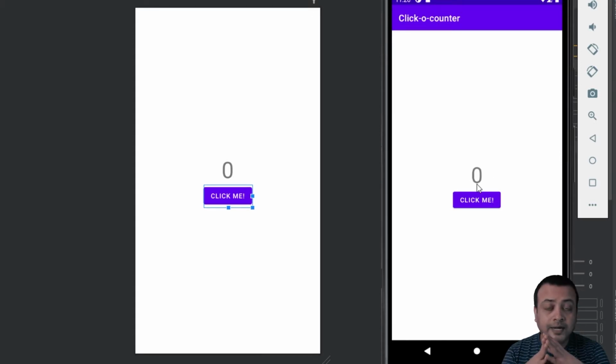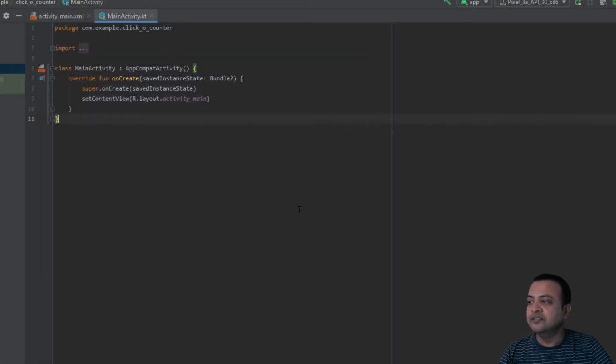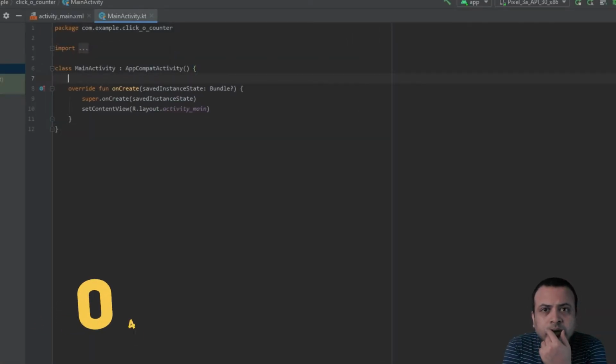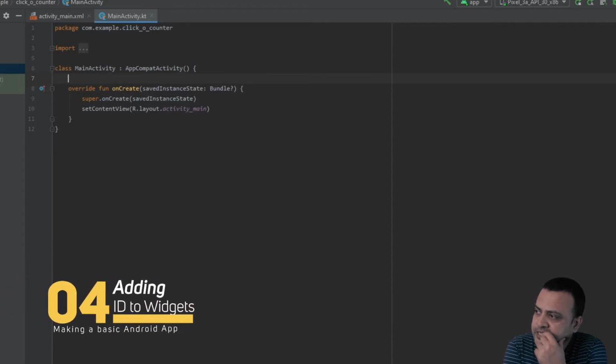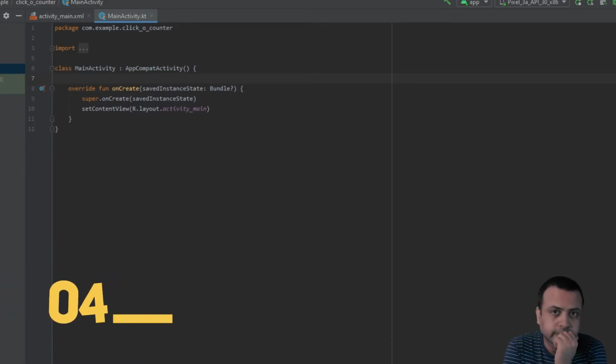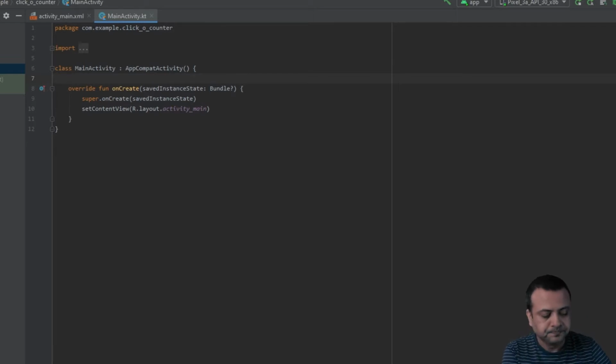And that is because Android Studio has no clue what we want to do when the user clicks that button. So our next step is to go to the MainActivity.kt file and add that logic in it so that Android Studio knows what we want to do whenever somebody clicks that button. So we'll come to MainActivity.kt. We don't have our button over here. So we'll have to get our button over here. How do we do that?